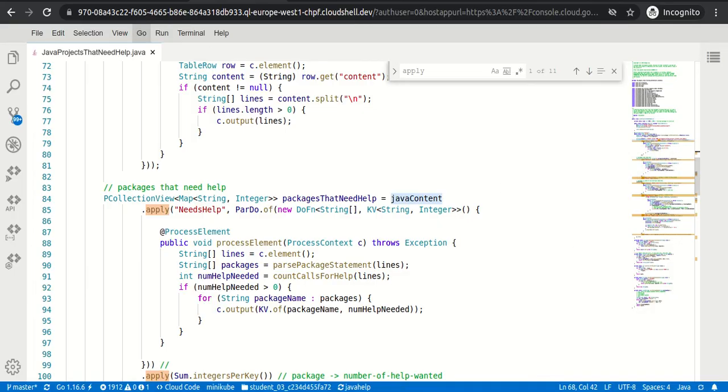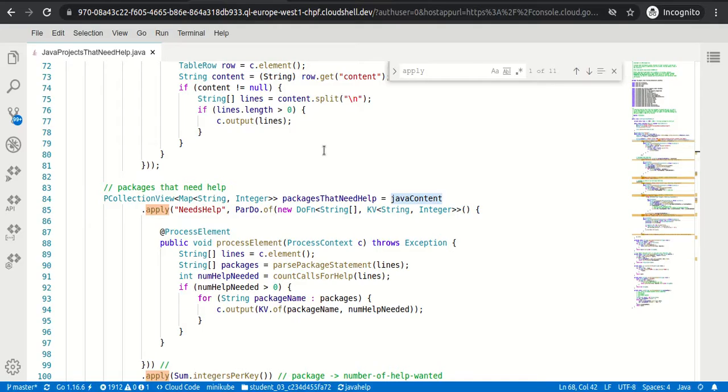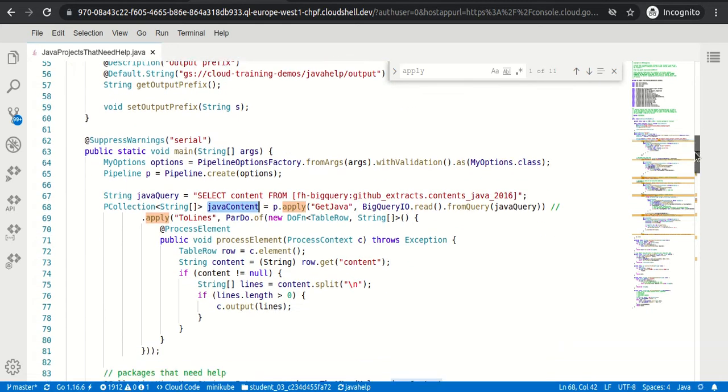But why did these two steps come as separate? It means these two steps are not applied after this, but applied onto the first two. So that's why we split the pipeline this way.